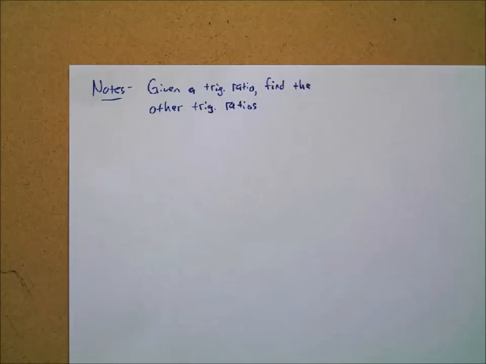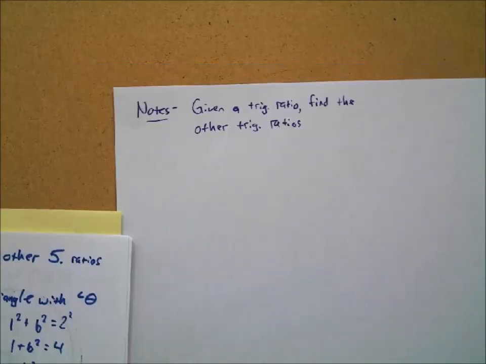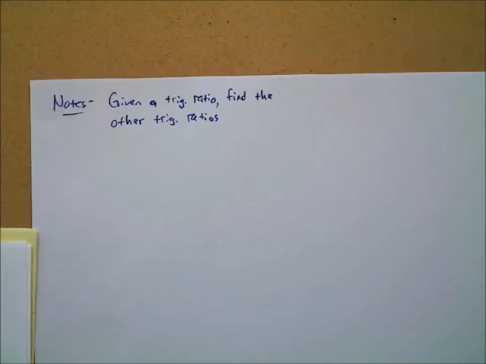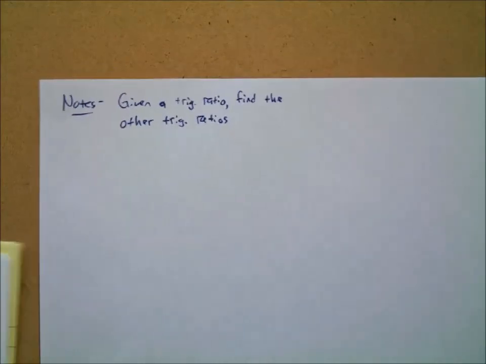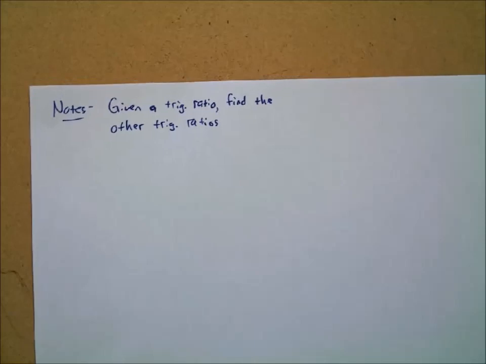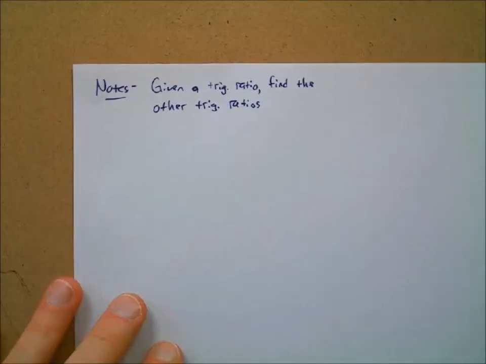We're going to hinge on the idea that we're given a piece of information here and then use that to help us find what the other trig ratios must be based on that piece of information. Okay, so for example,